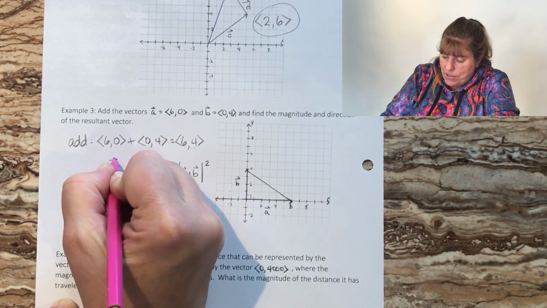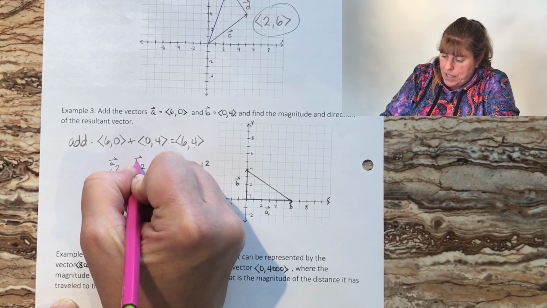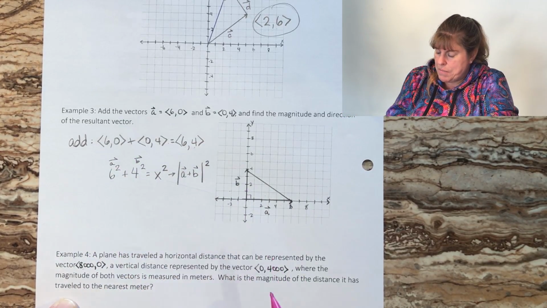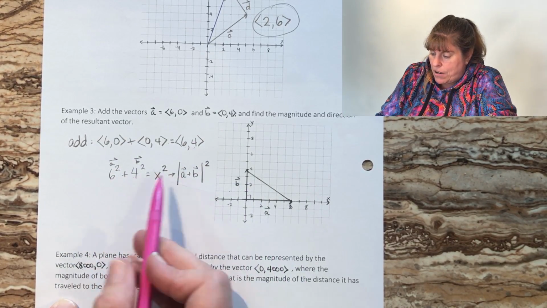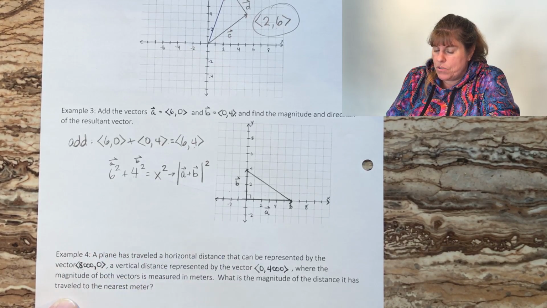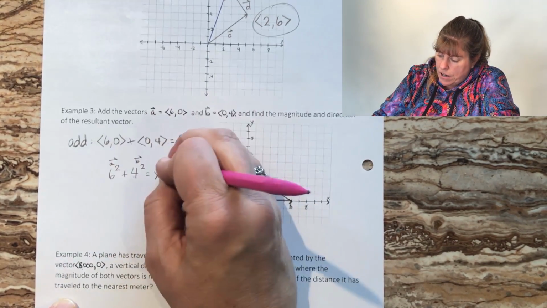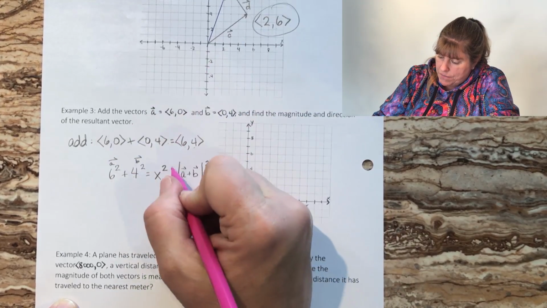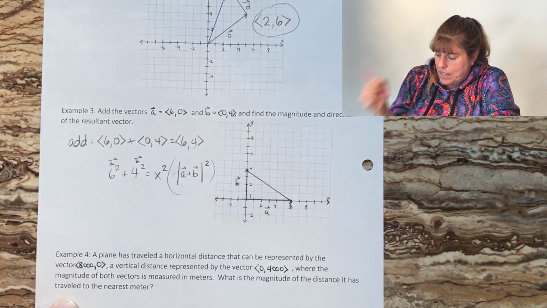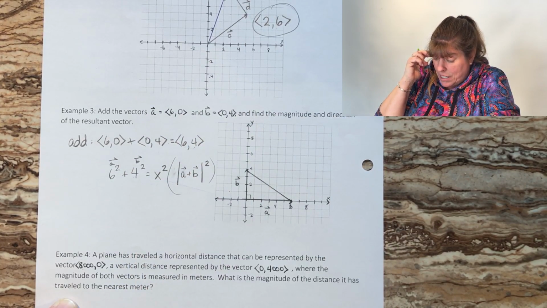This would be your vector A, and this would be your vector B. I know that's a little bit messy, but I'm showing you here the Pythagorean theorem so that you can see how this works. I'm going to put parentheses there just so you can see what that looks like. That's still kind of hard